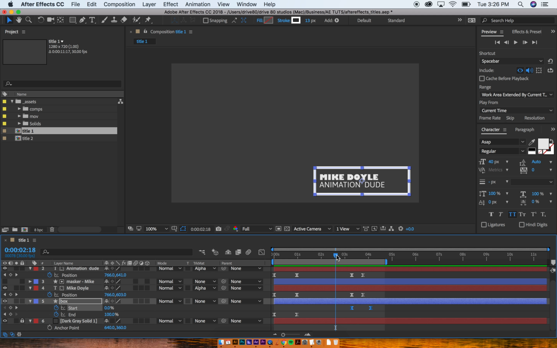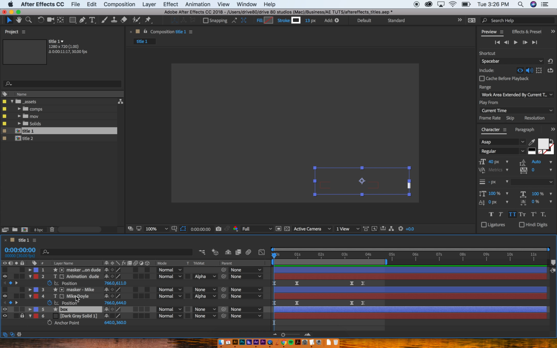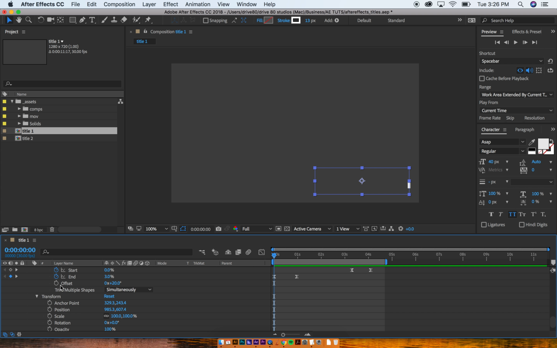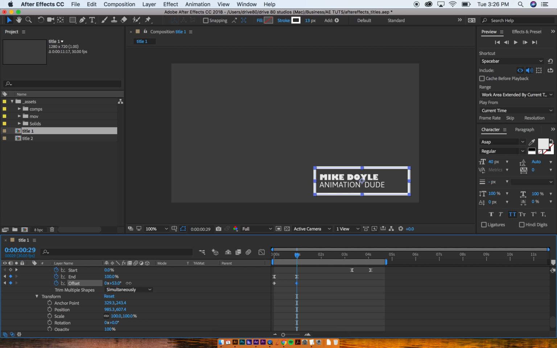Now, if you want to, you can play with the offset a little bit. So if I hit here and hit Command tilde again. Tilde is just the little key that's underneath the escape button and to the left of the 1. I believe it's called that. So I hit offset, and if I go here and go to there, let's see, no, go to here, I can move it around. So as it's drawing, you could see it's kind of like doing a